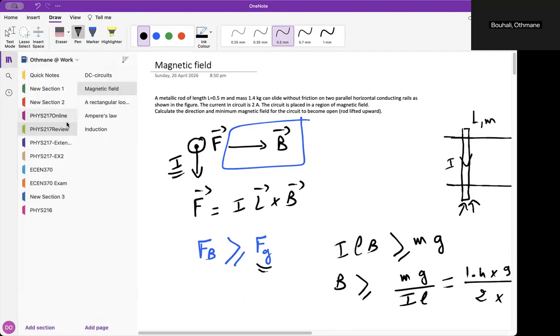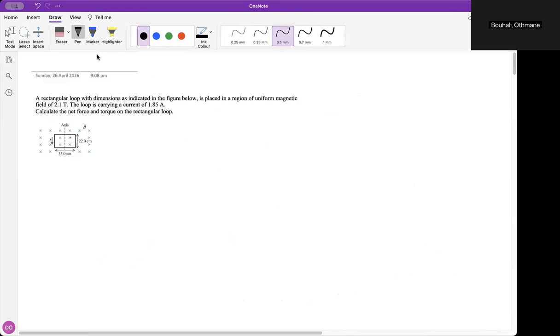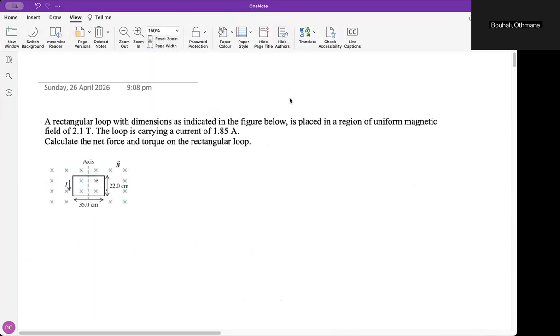So this example is here. Now we have a rectangular loop, and it is put in a region of a magnetic field of 2.1 Tesla. The loop is carrying a current of 1.5 amps. And the question is to calculate the net force and torque on the rectangular loop. Now, let's draw it